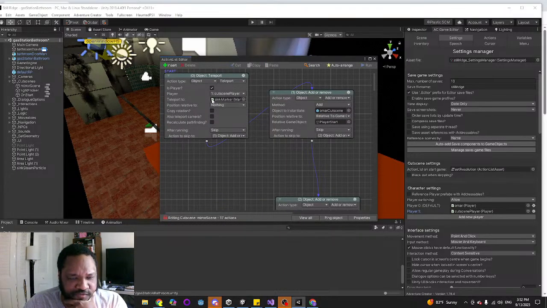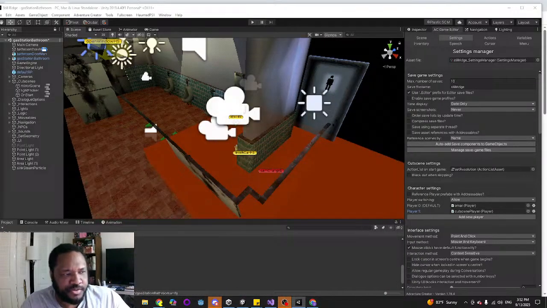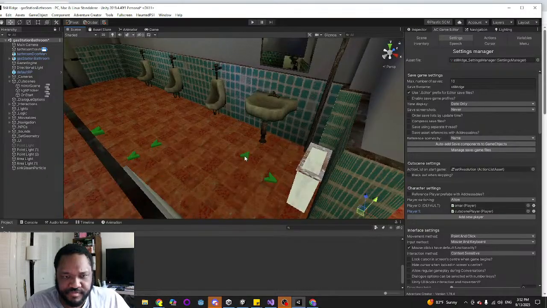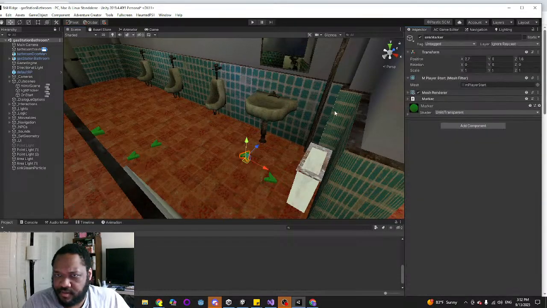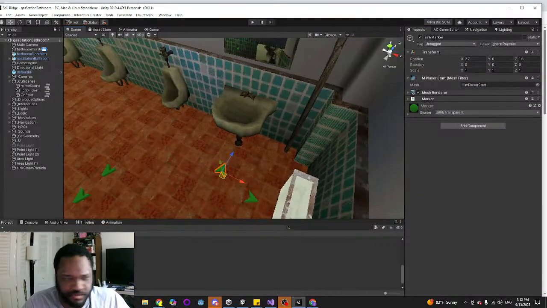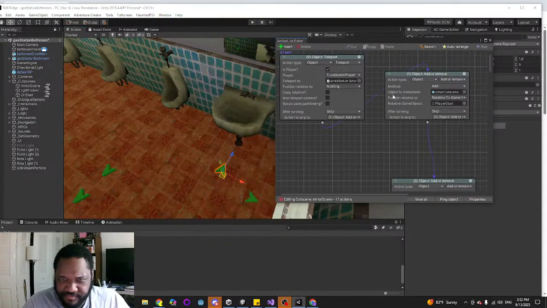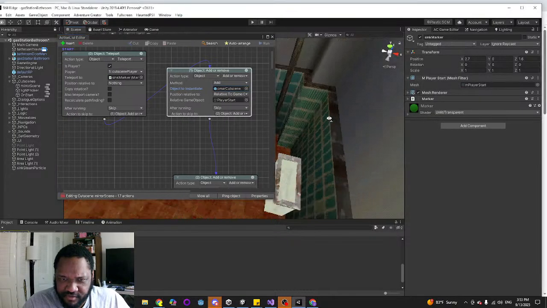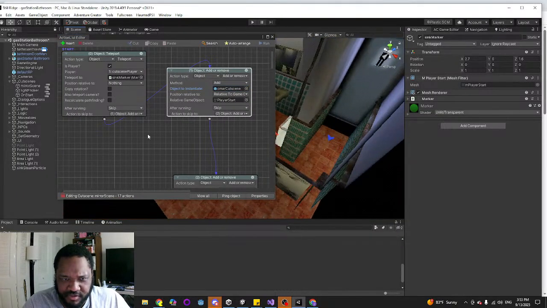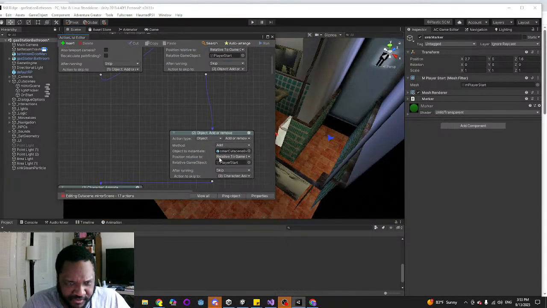So, I'm going to first teleport the player to the sync marker. This is the sync marker. So the player is going to teleport there. Apparently, I am creating a duplicate of the player at the player's start. I can worry about that later.